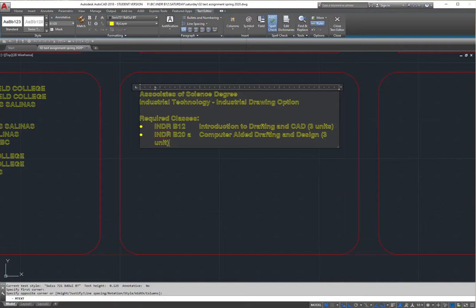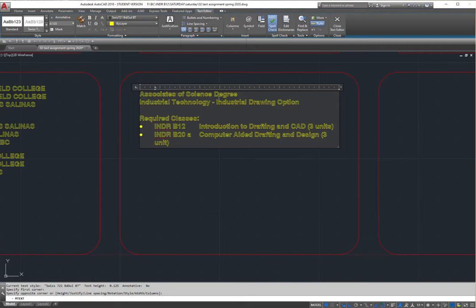So at this time, I could continue typing the other 10 or 12 different classes that I have, but I have enough to show you right here what you're going to do. So when I'm right here and I just started typing, I don't even know the height of my text. I didn't realize what text style I'm going to use, and none of that. So I just started typing. I kind of look at the instructions for bullets and the different classes, but I don't have information about my height until I go right here